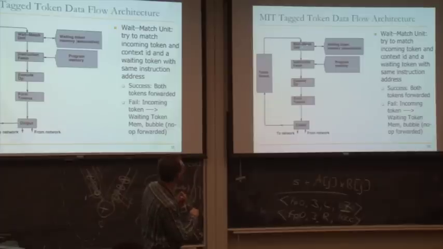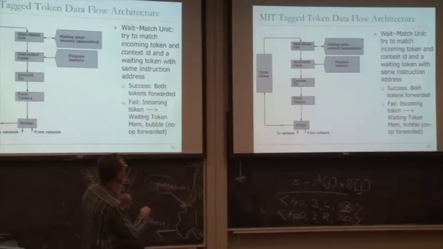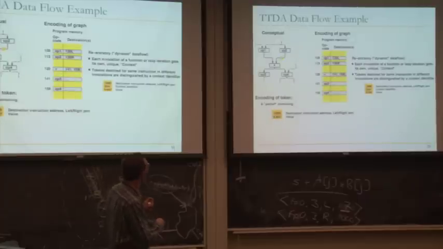Basically, a token comes. You check whether an instruction with the same address with the same context ID has a waiting token that matches that token. Right? And if it does, and if those are the only tokens that this instruction is waiting for, then you can fetch the instruction from program memory and form a packet and execute the operation and form destination tokens. So if you look at the execution of one thing, I think we don't need to necessarily go through this. You can look at it yourself.